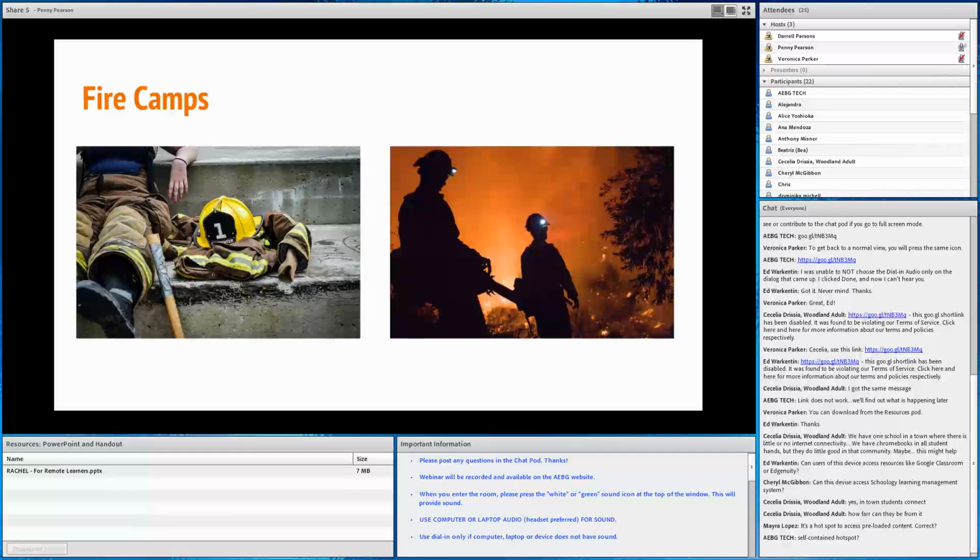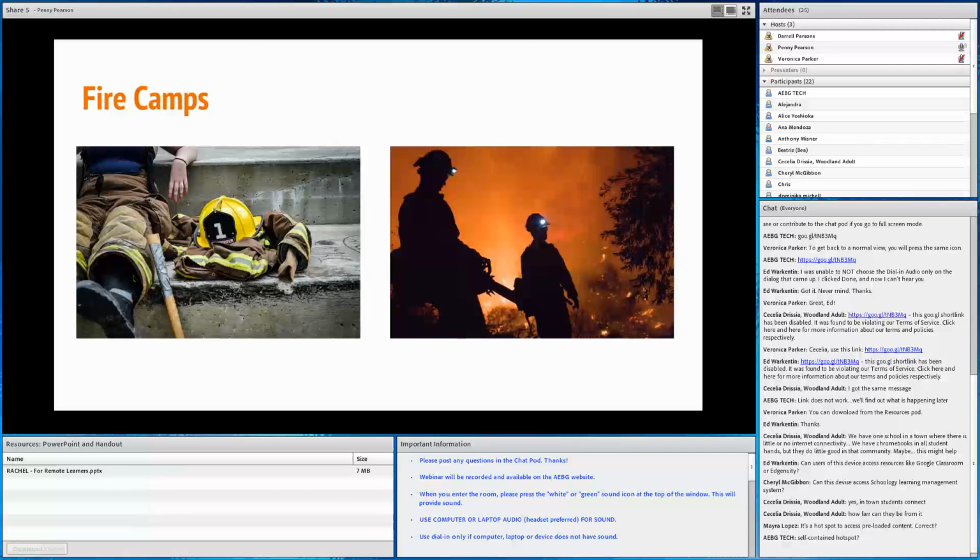So I've had fire folks come to me, fire captains, and say, I've got all these young guys. They've got these great smartphones, and we're way out in the middle of nowhere, and we're stuck on a mountainside. It would sure be great if I could provide them additional learning materials because they have to earn continuing education units, or they need to be studying for their GED, or maybe they're looking for a different type of job. So this is a way that this device can go with them, and they can be at the top of a mountain, and they can connect to this device, and they can then learn.